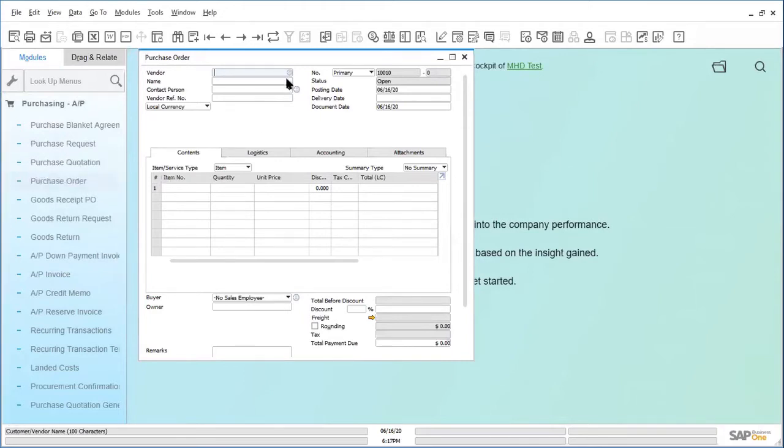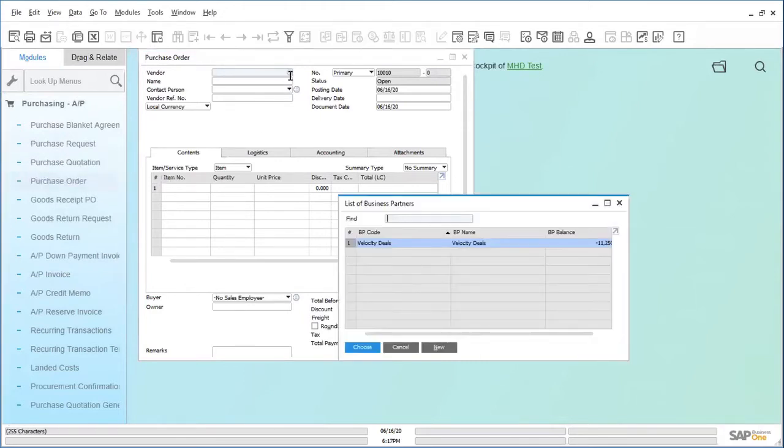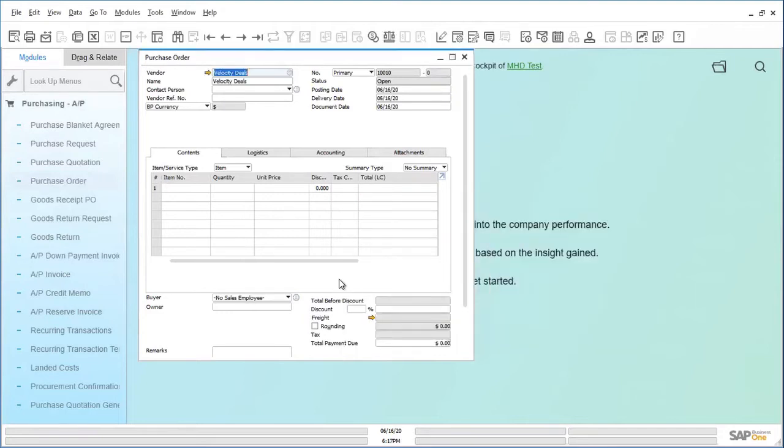So I'm just going to choose a vendor, right? That's correct. Yeah, we only have one vendor. That's my vendor. Okay, that's fine. Choose. Okay, so that is my vendor. So then,